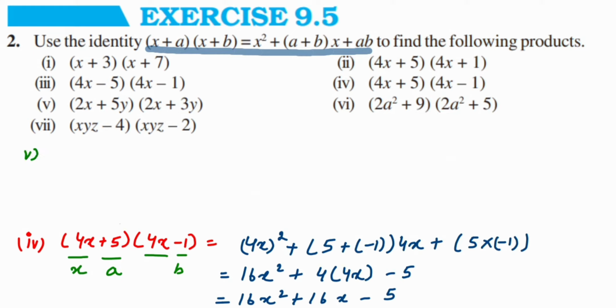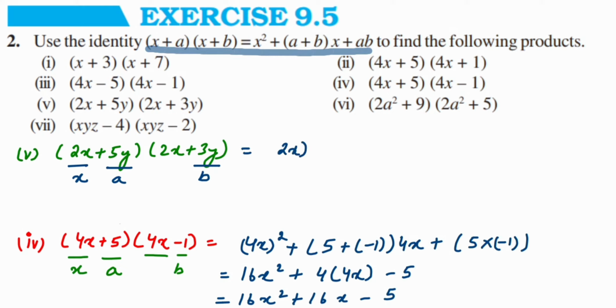So fifth problem, we have (2x + 5y)(2x + 3y). In place of x we have 2x, in place of a we have 5y, in place of b we have 3y. So this is equal to (2x)² plus (a + b), meaning 5y plus 3y, into 2x plus, now multiply them,